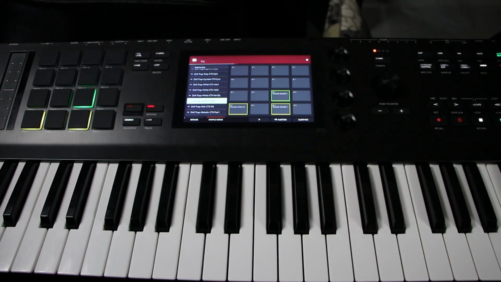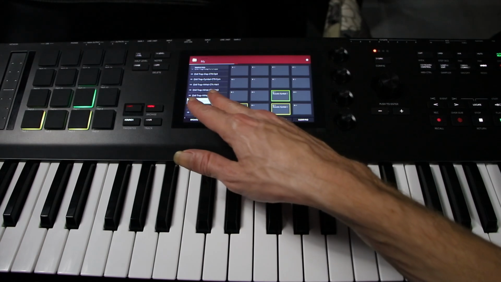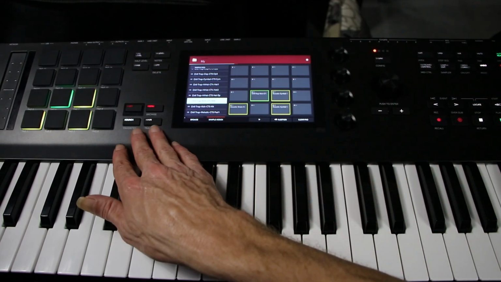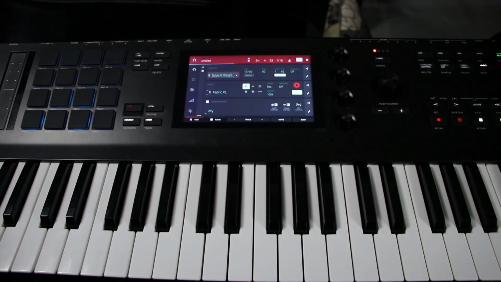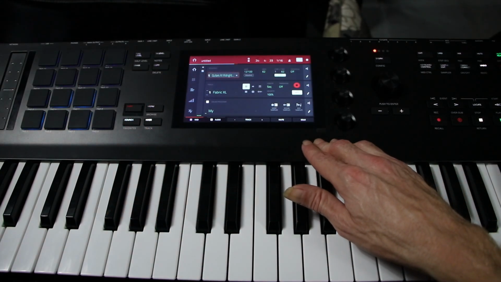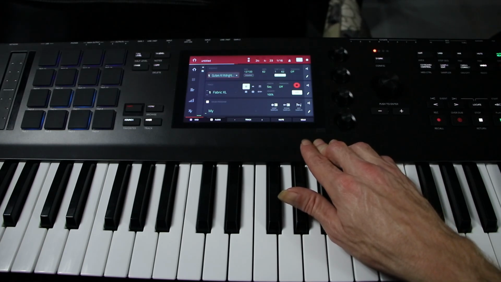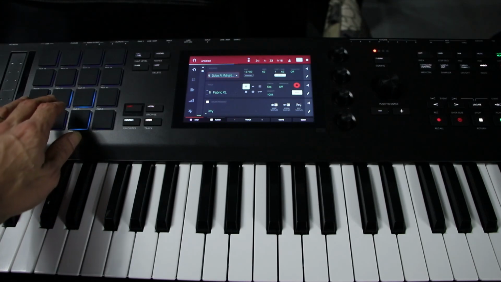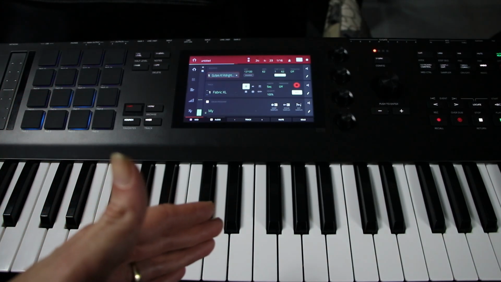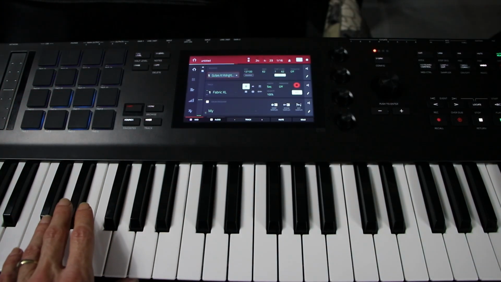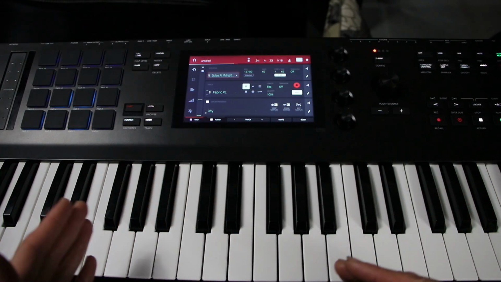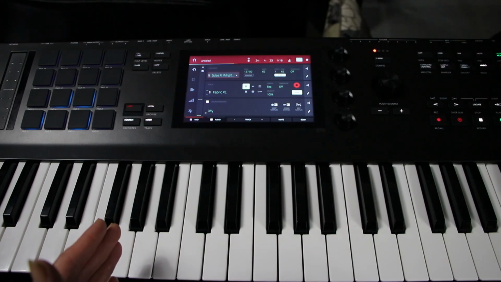This 808 right here, for instance, let's say we want this on this pad. We're going to put that right here, okay? So I go back to main, and I have the 808 right here. Now I can 16 level that, but if there's not an octave in that 16 level that I want,